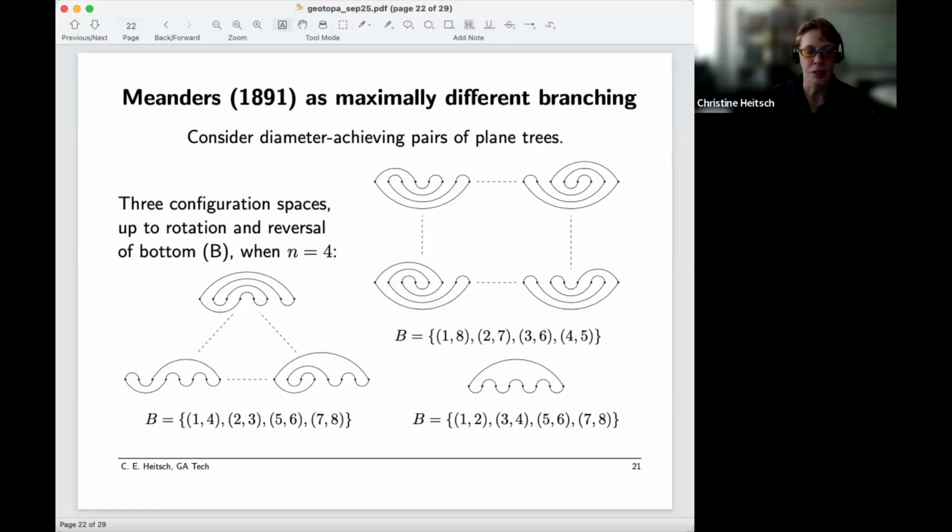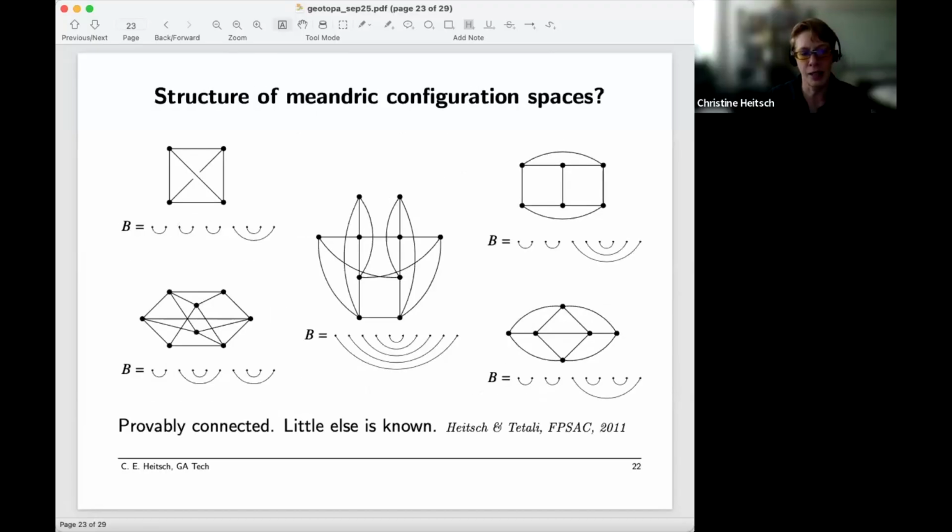And so we could think about, well, how do these meanders relate to each other? In this instance, I'm fixing the tree, I'm fixing the set of arcs on the bottom, and I'm thinking about all possible arcs on the top that would generate a meander. They are related under pairs of these matching exchange operations. When n equals 4, I get 4 different graphs, a triangle, a square, and a singleton. When I move to n equals 5, I get 5 different graphs, and they have some quite interesting